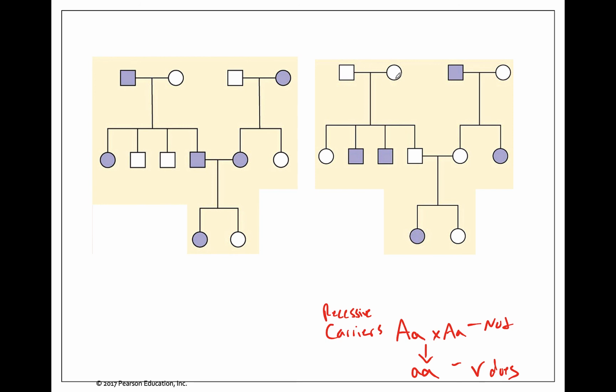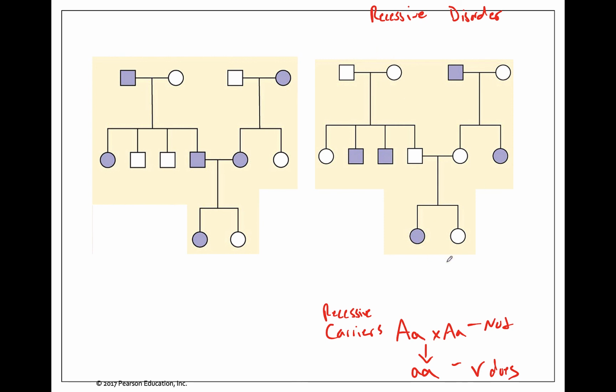I see two people who do not have the trait, but they have two children who do have the trait. So these two individuals are going to be carriers. So that tells me that this is a recessive disorder. What you can do with a pedigree, once you've identified that it's a recessive disorder, or I will just tell you in the test question,